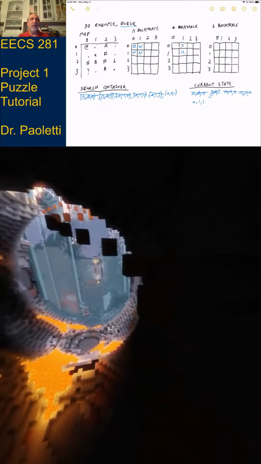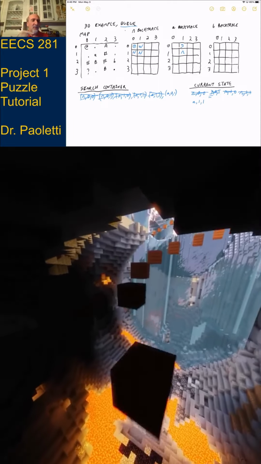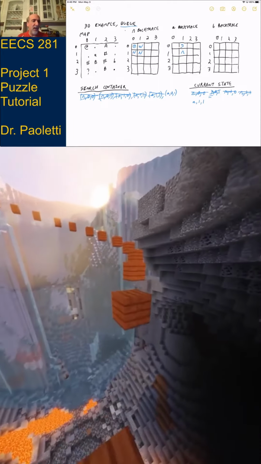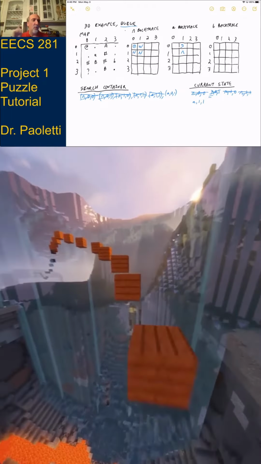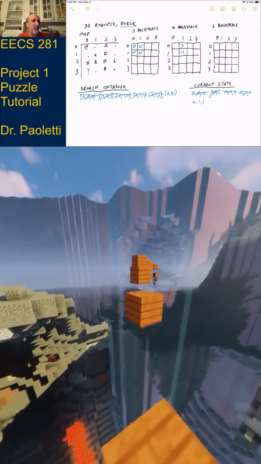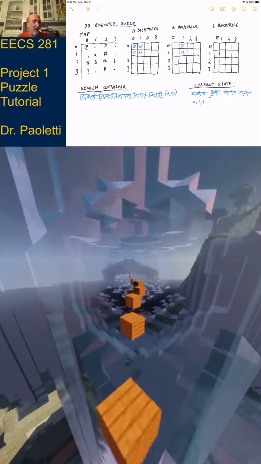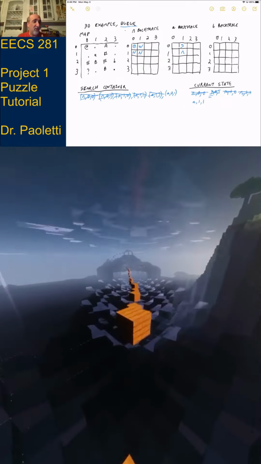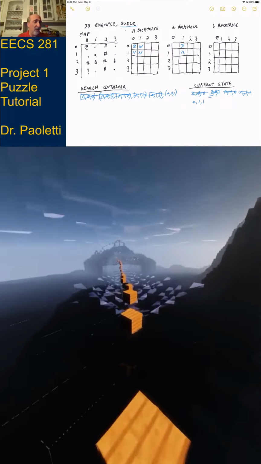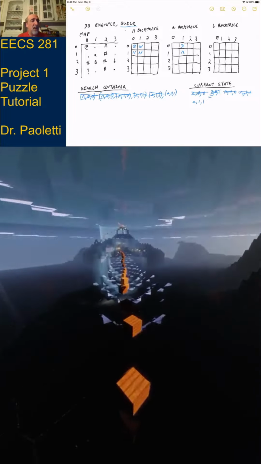I added something to the search container. I added the A01 to the search container, but I forgot to update my backtrace. How did I get here? I came from the south. Okay, so I did north. East of me, I can't step on a solid wall. South of me, I can't step on a capital B. West of me does exist. I've never been there. West of me is something I would be willing to step on. That's a dot. Therefore, yeah, I'd be willing to go there.